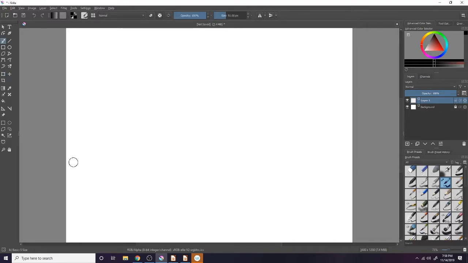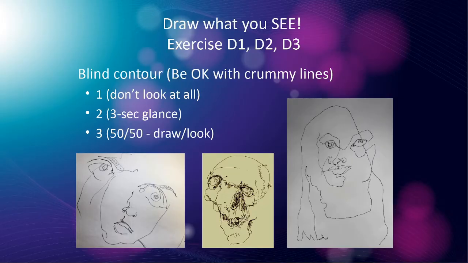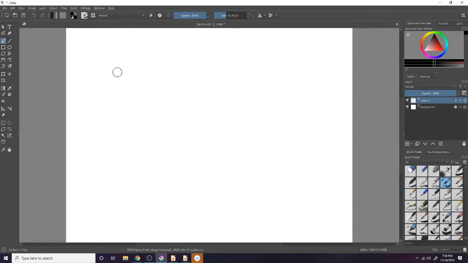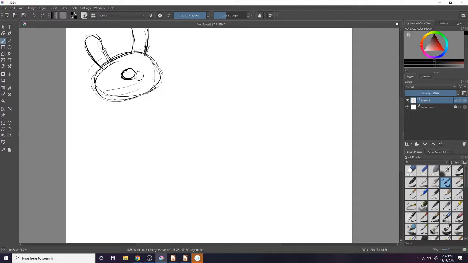Bye. And we'll try this one more time, where we'll glance back and forth, just like looking back and forth at the thing. Right? You don't want to draw what you know, you want to draw what you see, and you check in with your hand pretty regularly. So draw my circle head here, and draw an ear, and draw another ear. I'm off the page, whatever. Draw the eye here. Got this mouth I keep not drawing. And body comes down like this, the other side is down like this. Kind of. Yeah.